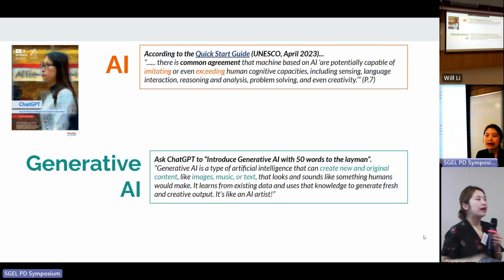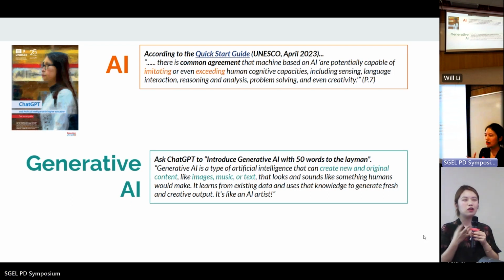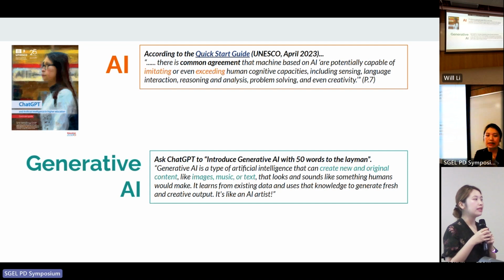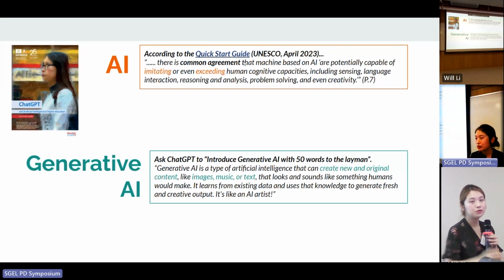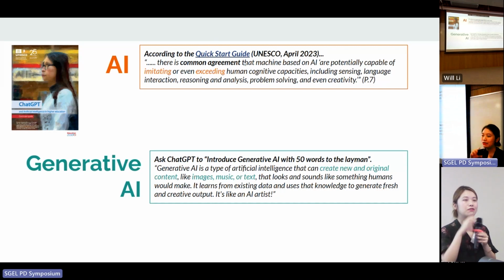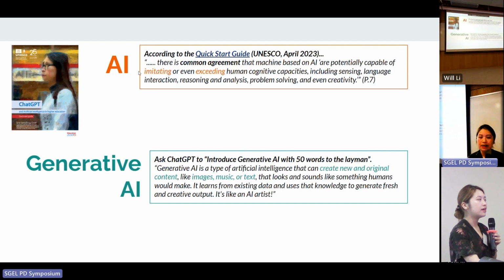Well, I don't have much knowledge or skills in computer science. I'm an education person. So at the very beginning, when I tried to learn something, the first thing I would like to learn about is the difference between AI and generative AI. So I tried to search online, and then recently I found that UNESCO launched this quick start guide. I like this guide very much because it only has 15 pages, very easy to read,